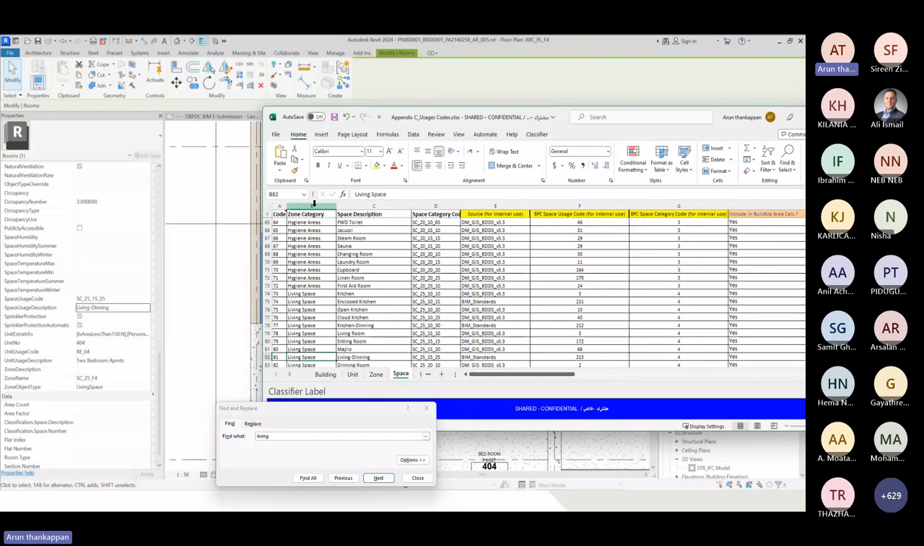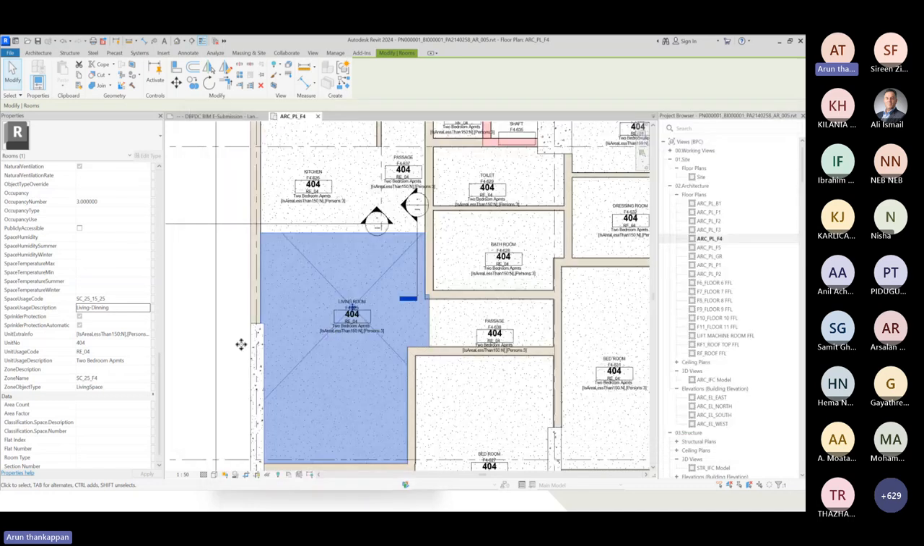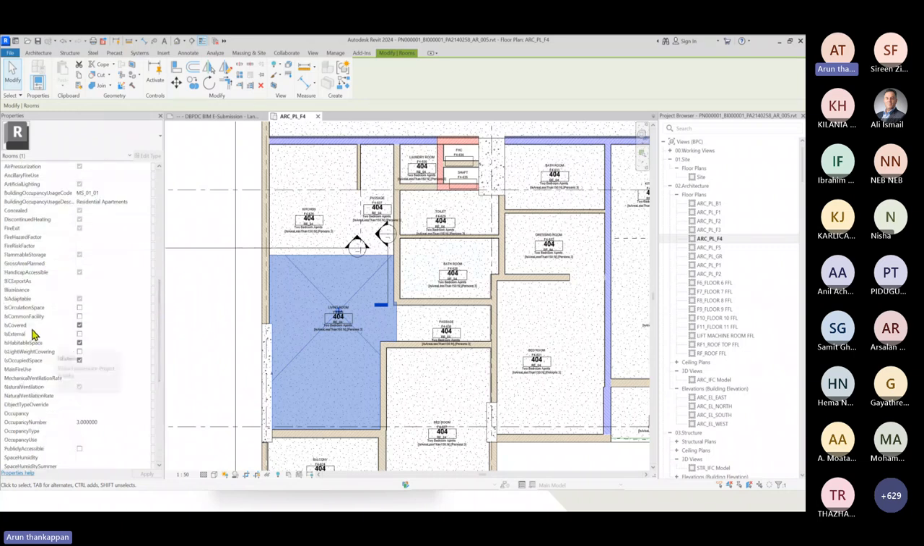Here the zone category is living space. There is a zone tab there, and you can find the code for zone: CS25, then underscore, then which floor. Make sure you add all these parameters for every room, and again, whether you have to mention